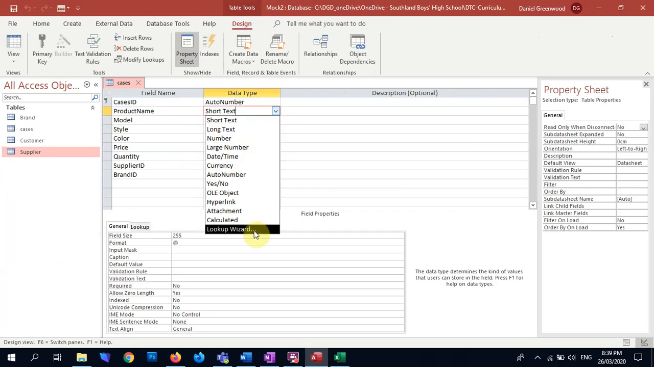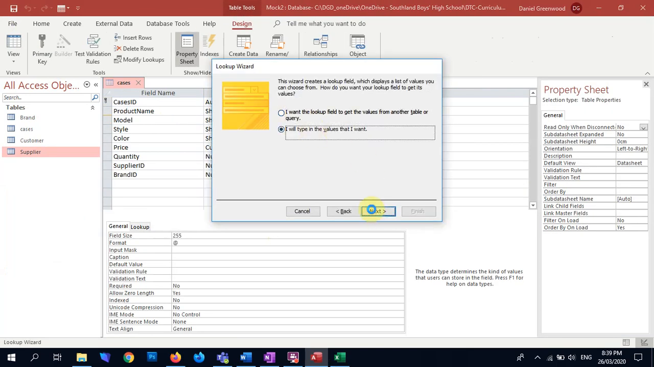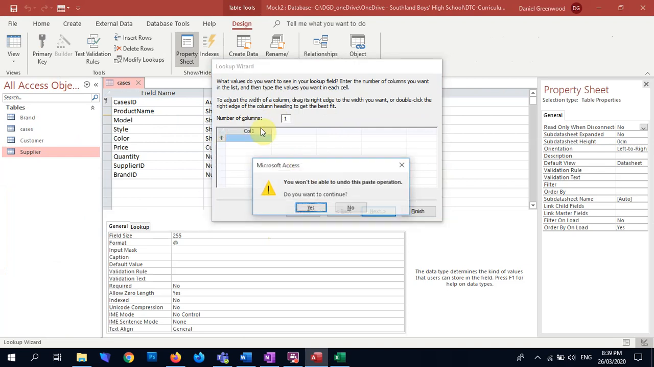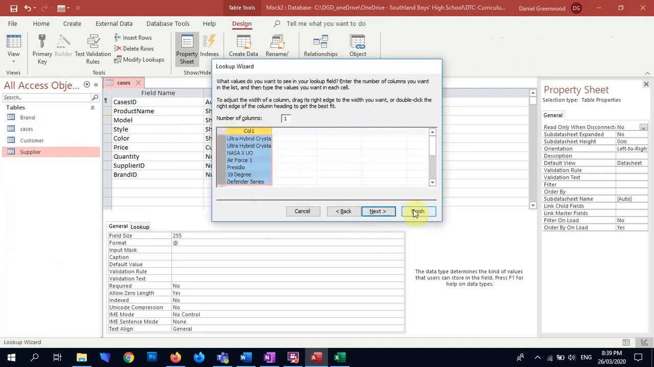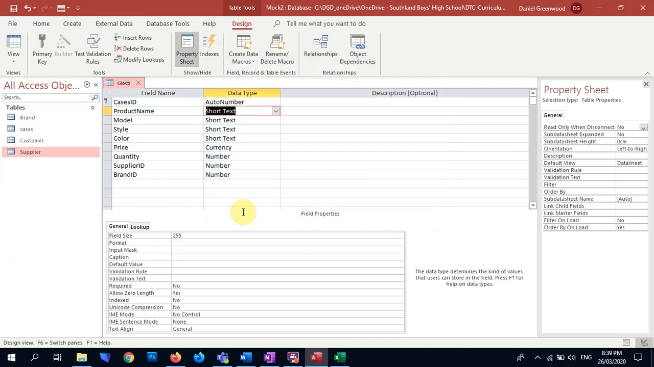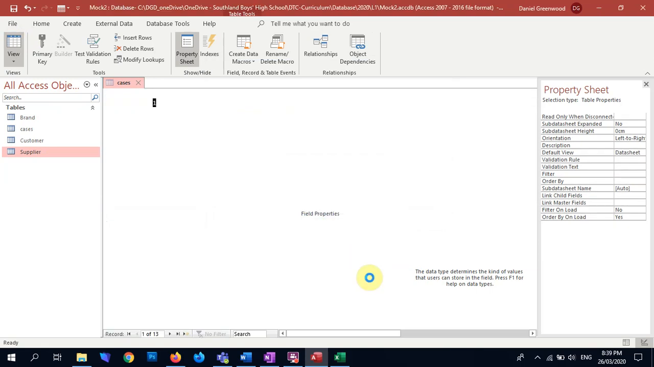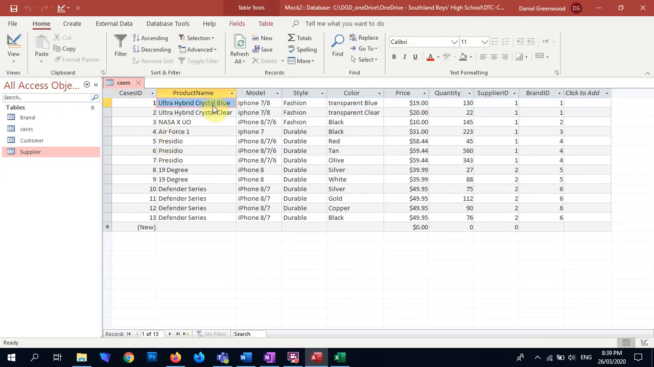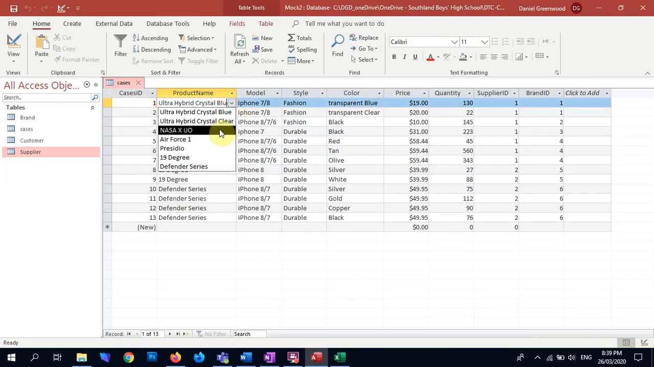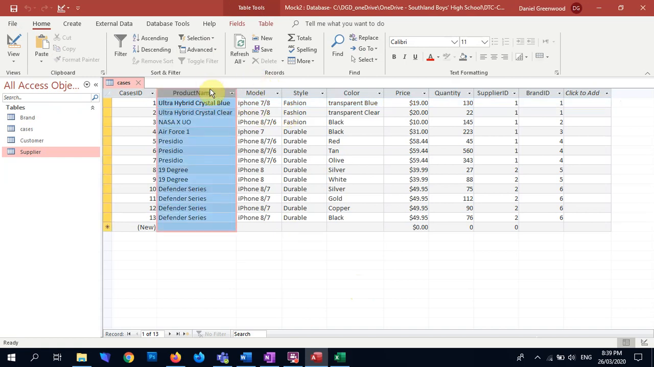And product name, Lookup Wizard. Right, so this. Finish. Okay, so those have all got now Lookup Wizards, as you can see. The other thing that we want to do then is we want to choose the field